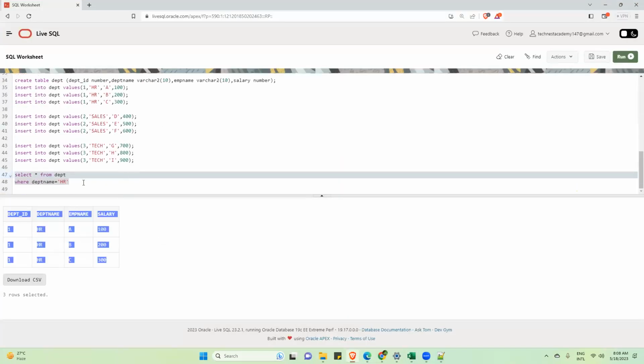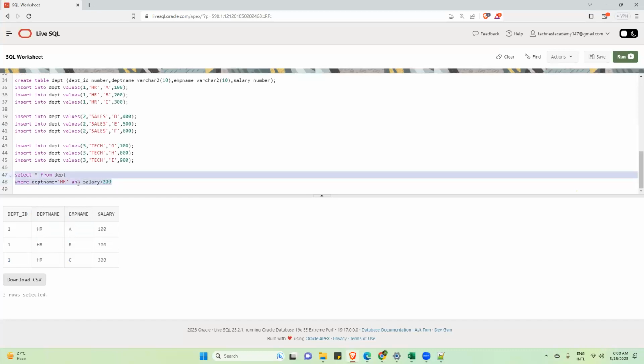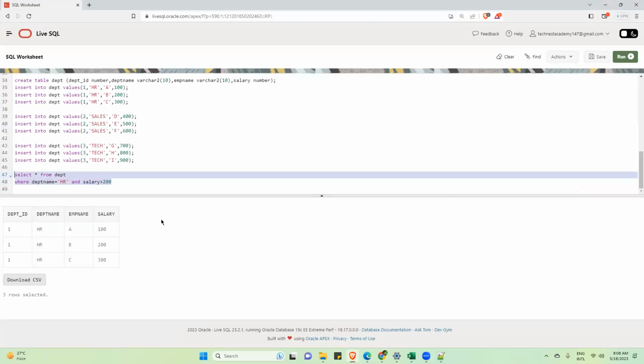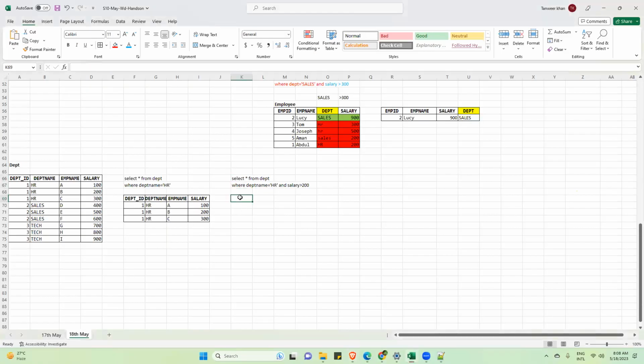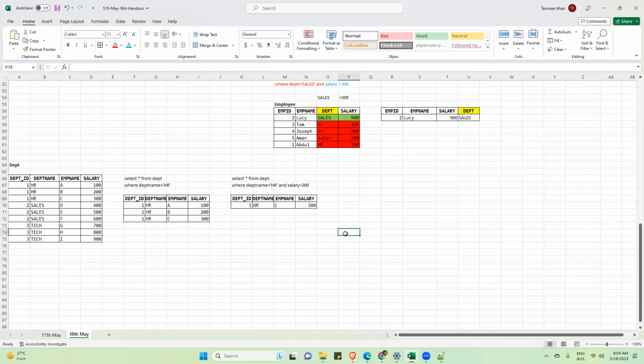Then you have to add one more condition, and salary greater than 200. Okay, now this is the query, and this is the output. Listen very carefully. Hope this output is clear.